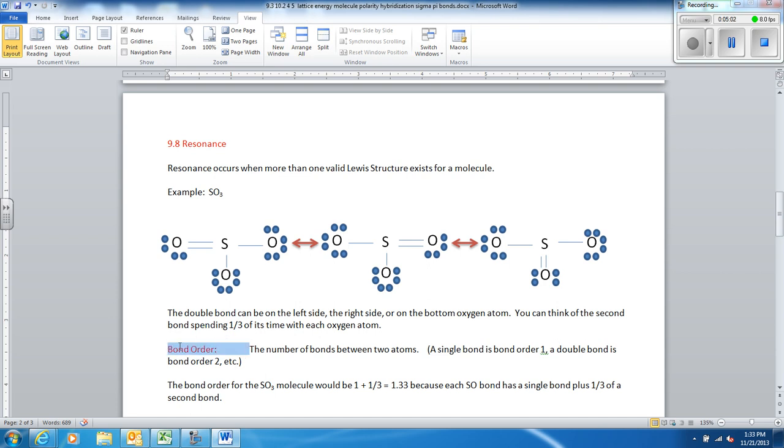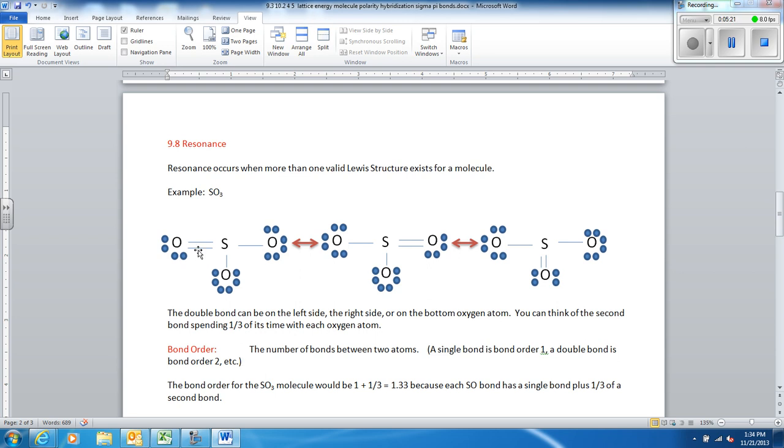And we're going to talk about bond order, a new concept. Bond order is the number of bonds between two atoms. A single bond would be bond order 1, a double bond would be bond order 2, a triple bond would be bond order 3. Okay, now with resonance it gets a little tricky because this second bond right here spends a